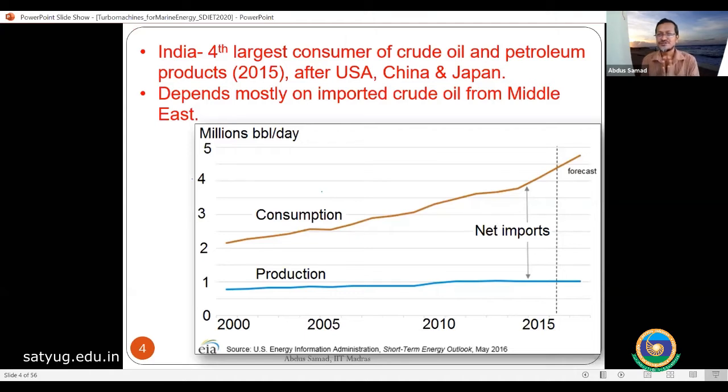So if you see consumption-wise, India's consumption is increasing. Why increasing? Population is increasing, say 100 crore to 140 crore almost now. But the production line, if you see, I have to show the annotation here. This production line, if you see, is almost a horizontal line. But the consumption line, you see, is almost going up. The slope of production is almost zero. So we have limited production or no change in production. For example, Bombay High, we cannot change their production rate. Even they are declining actually.